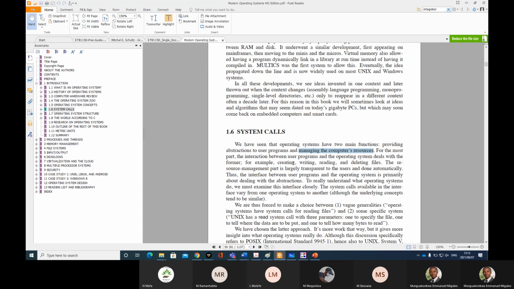Okay. The resource management part is largely transparent to the user and done automatically. Transparent to the user goes back to what I explained, that the computer in the background is handling the